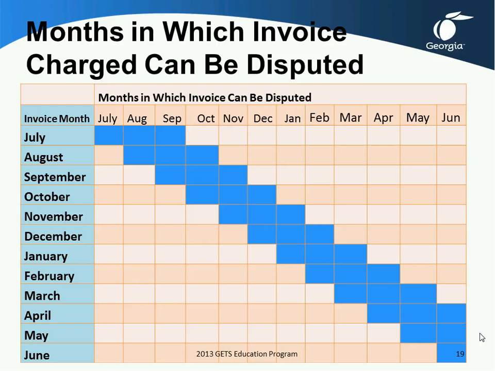This chart is actually just another way of looking at what I just talked about. If your invoice month is July, the months that you can dispute your July invoice are July, August, September. You can't dispute it in October. The 90-day window is closed. And as you go down the line, I just want to point out, if you haven't noticed it,